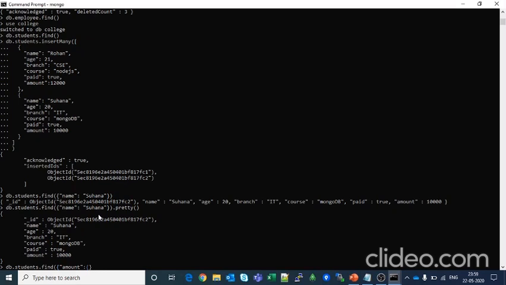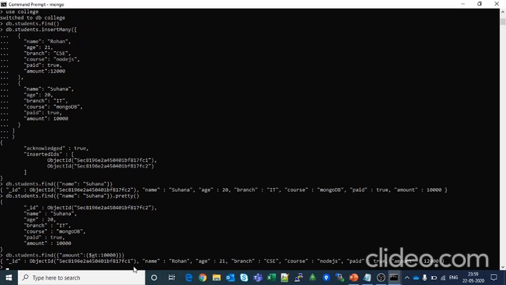If we pass $gt, it will check the value. Let's pass 10,000. So it will take the criteria as amount should be greater than 10,000. Let's see what it will return.